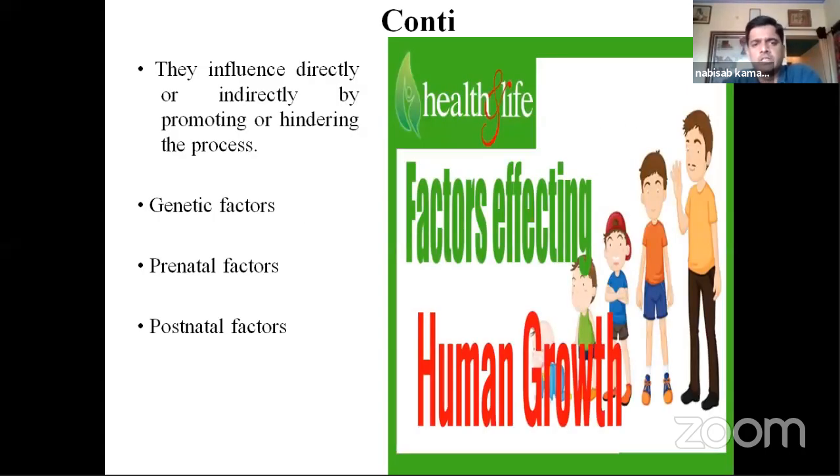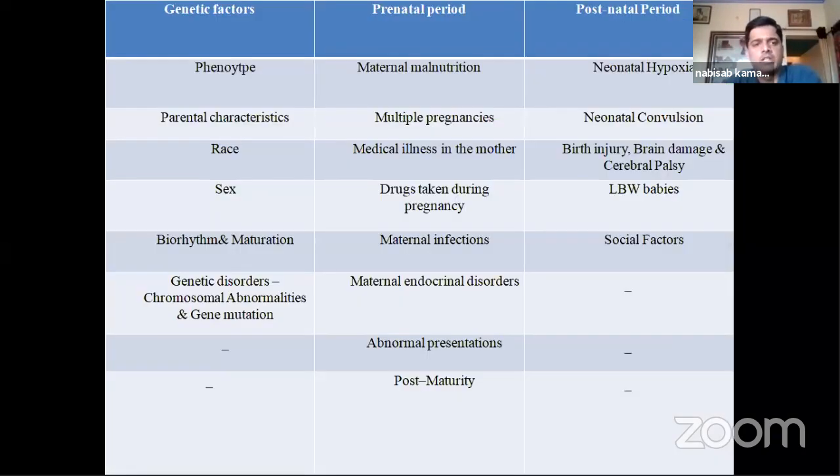They influence directly or indirectly by promoting or hindering the process. The main three factors are genetic factors, prenatal factors, and postnatal factors. In genetic factors: phenotype, parental characteristics, race, sex, maturation, and genetic disorders like chromosomal abnormalities and gene mutation. In prenatal factors: maternal malnutrition, multiple pregnancy, medical illness in the mother,